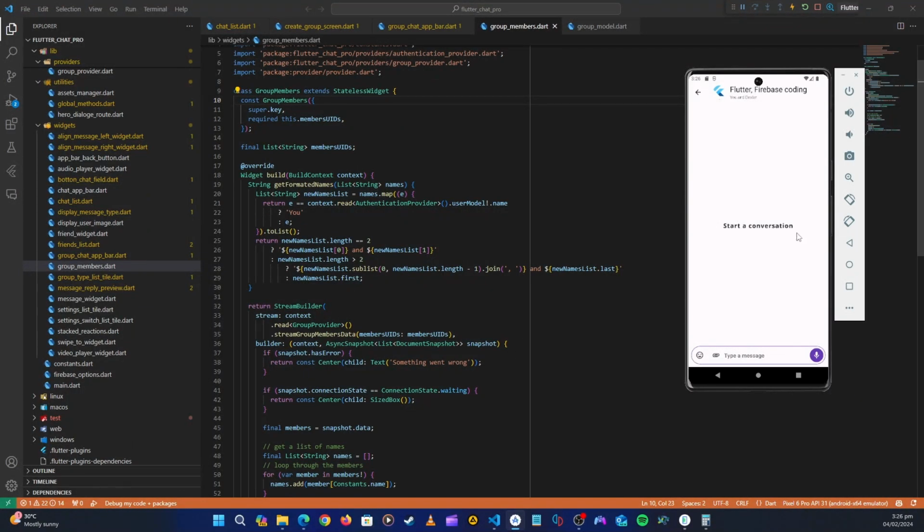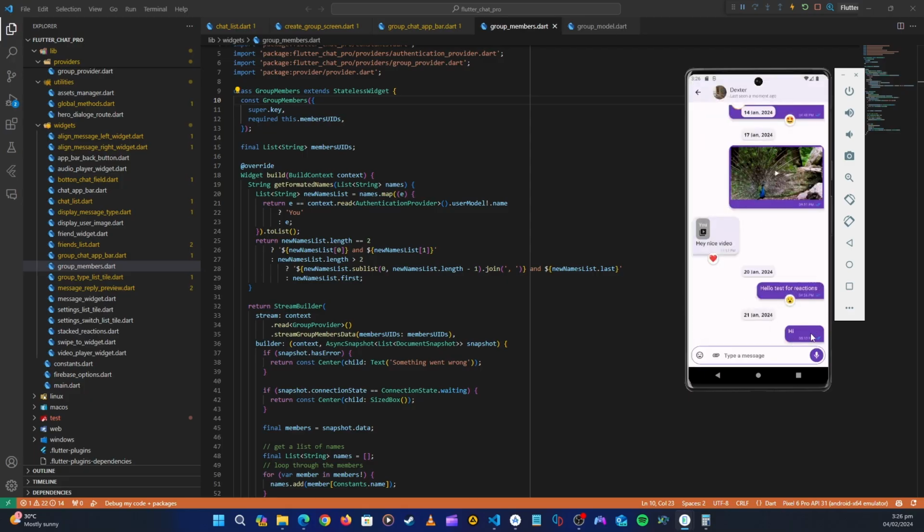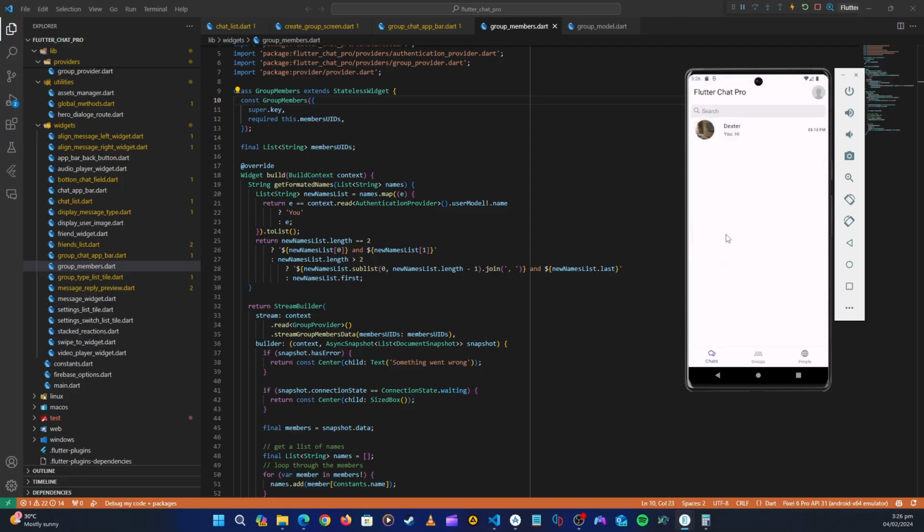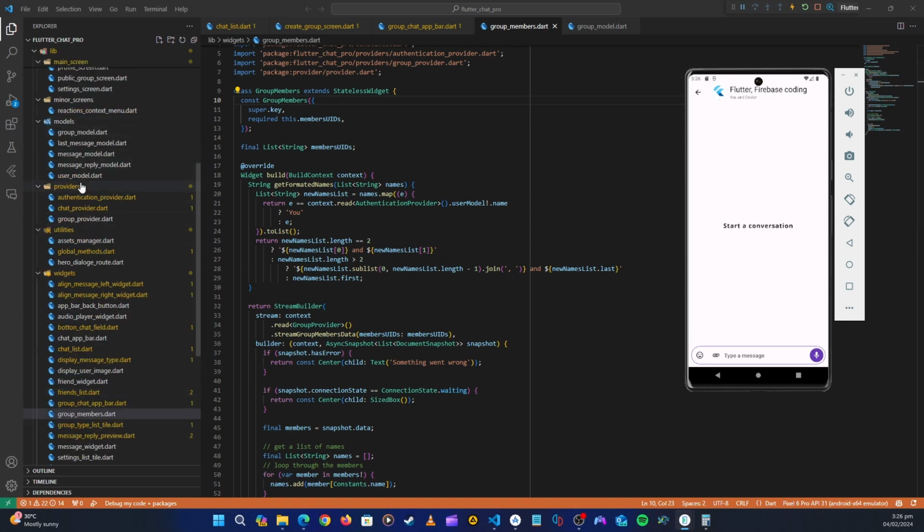Alright, before we start playing around in the group screen, the group chat, before we send any message or do anything, we need to update something. We know that in the one-to-one chat here, we are setting the read messages and all of these. But it can't be the same in the group because there can be a lot of people in the group. So if we go to our message model,